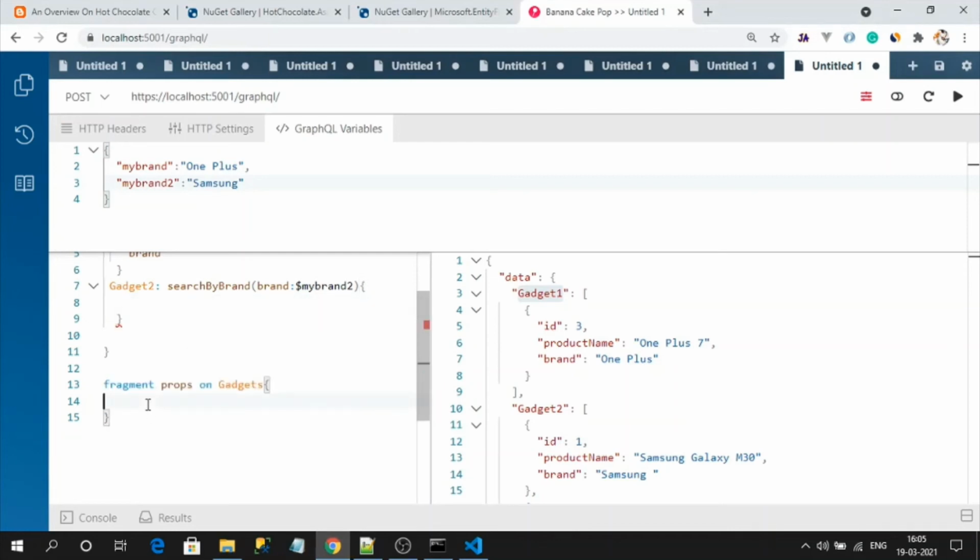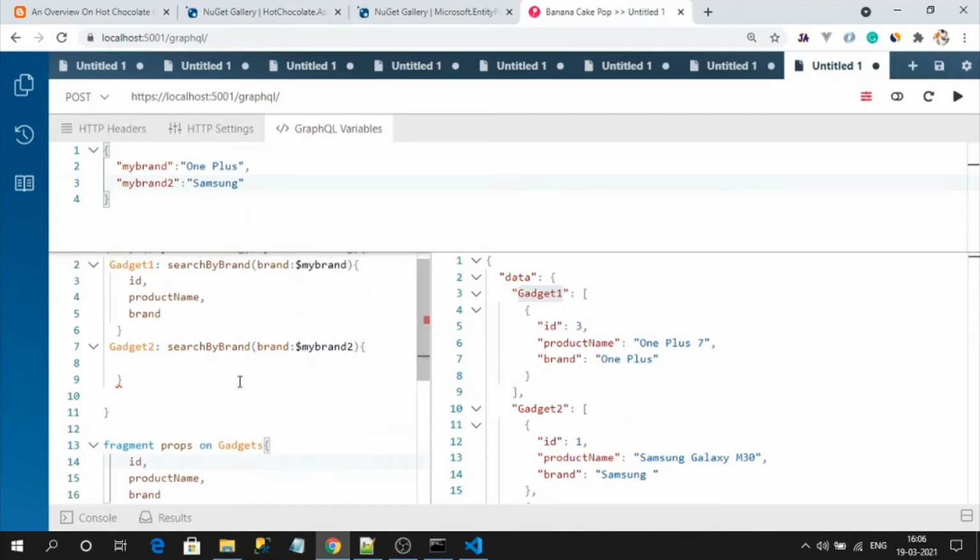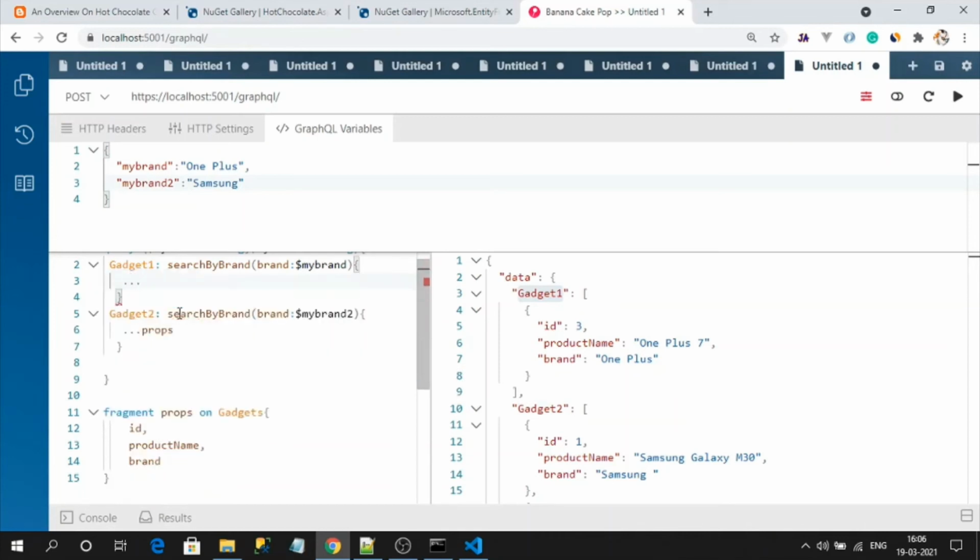Paste it here. Now in the queries, I can simply use the name of the fragment with the three dots prefix. You can remove this, and triple dots and props. Okay, let's try and execute the query.